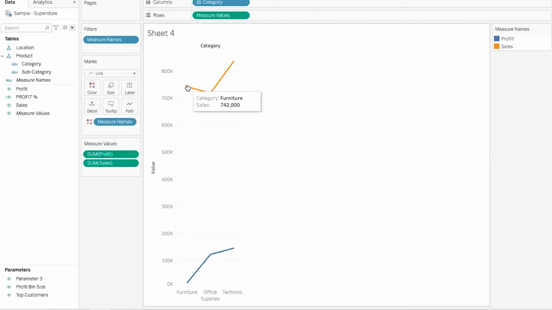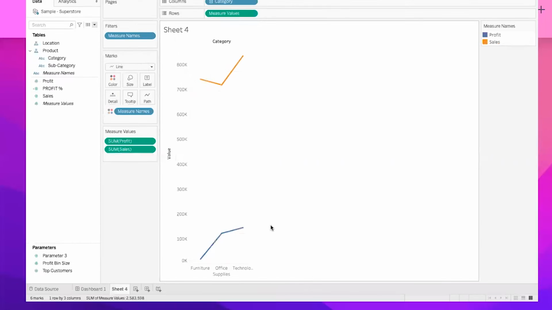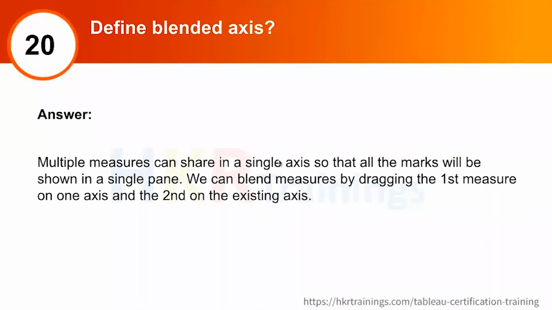which increases the performance, which is really helpful. But it's automatically synchronized. Here you need not synchronize everything. It will automatically take the first sum of profit axis. Then it works accordingly. I hope I am clear with the dual axis also, blended axis also, and how to create it. That also I showed you over the example.